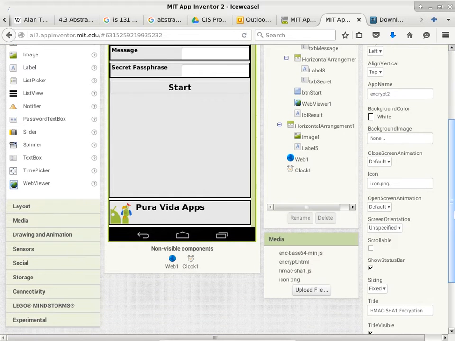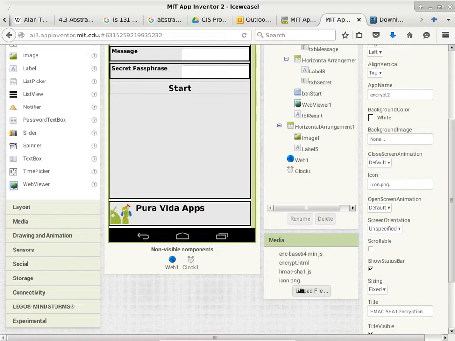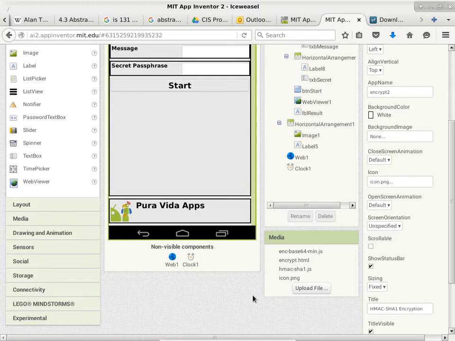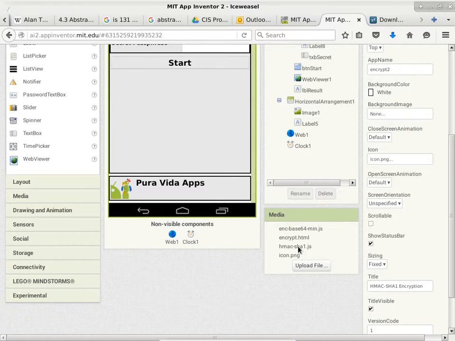It has got, okay, background. See this here? Those files are uploaded as assets. They're basically included in the app itself. But the tricky part is all the heavy lifting, all the heavy duty programming, is not really done in App Inventor. It is done in JavaScript,